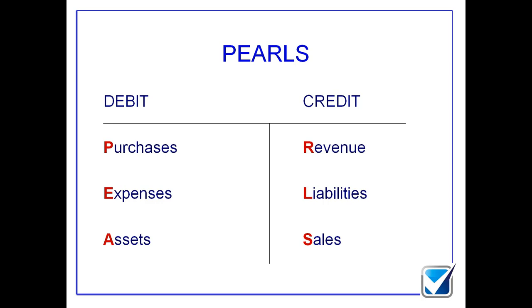Okay. So what this stands for is Purchases, Expenses, Assets. So if you've got a debit balance, you've either got some sort of asset that you've purchased or some sort of asset which has increased in value, or you've got some sort of expense, or some sort of purchase. And what that shows me is when I'm doing my debits and credits, if I'm purchasing inventory or stock to sell on, when you first purchase it, show it as purchases. Purchases are a type of expense. So these two things go together.